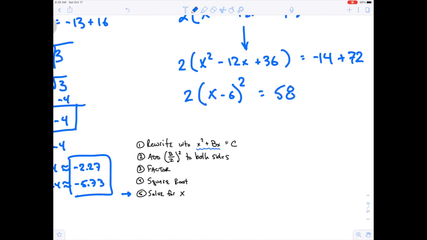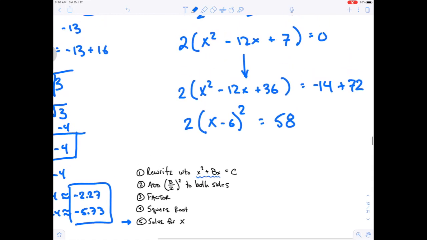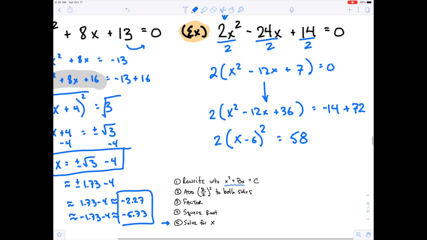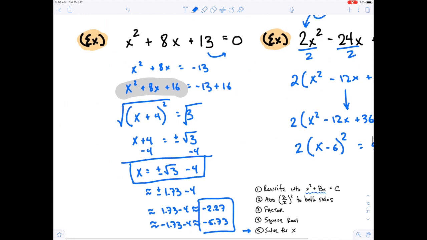58. You could divide both sides by 2. You could take the square root and so on. Right? So it can be done. It's not ideal, but you can do it when the a value isn't 1, but you have to force it to become 1. And then you got to really watch and be careful with all your other numbers. So the ideal form is when you have a beginning question when the a value is already naturally equal to